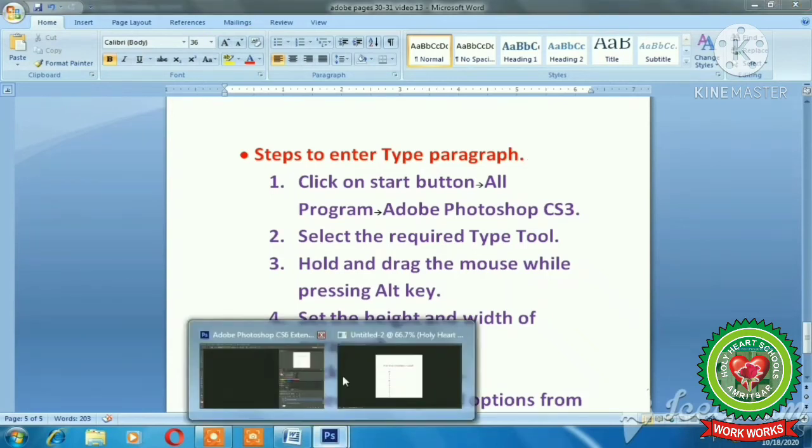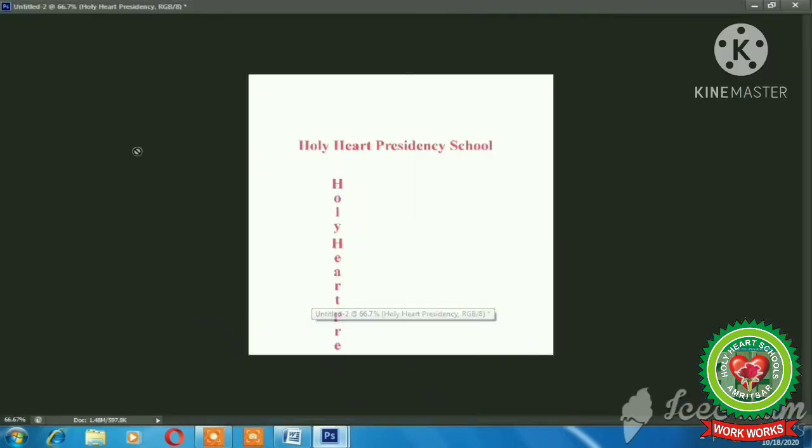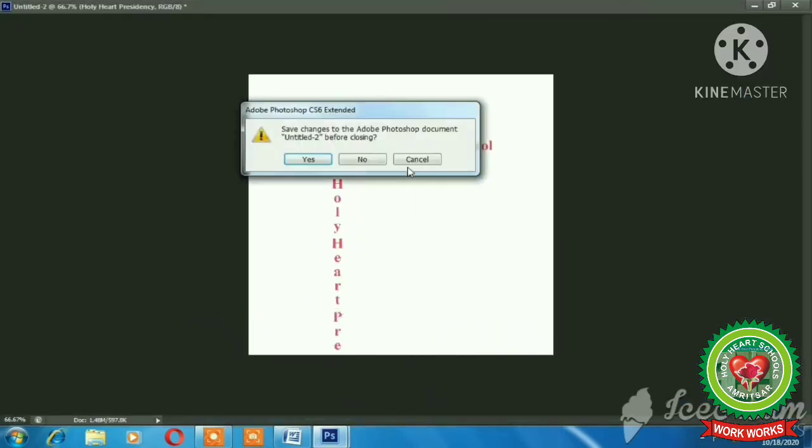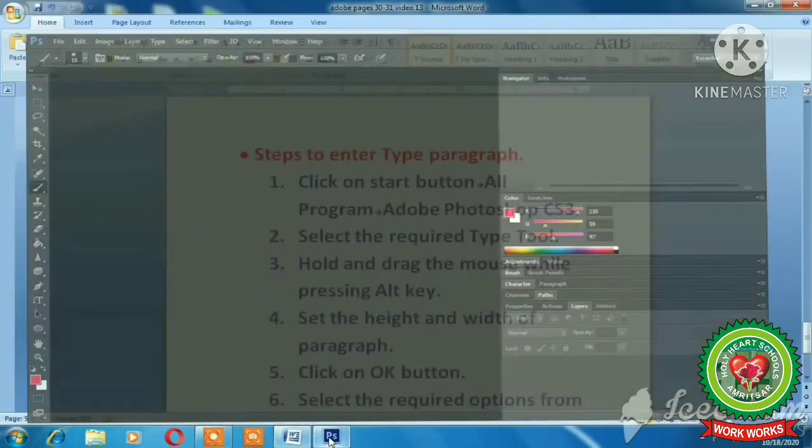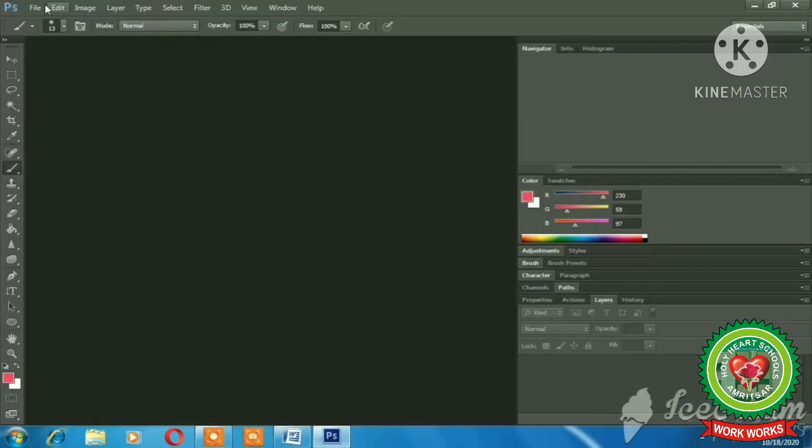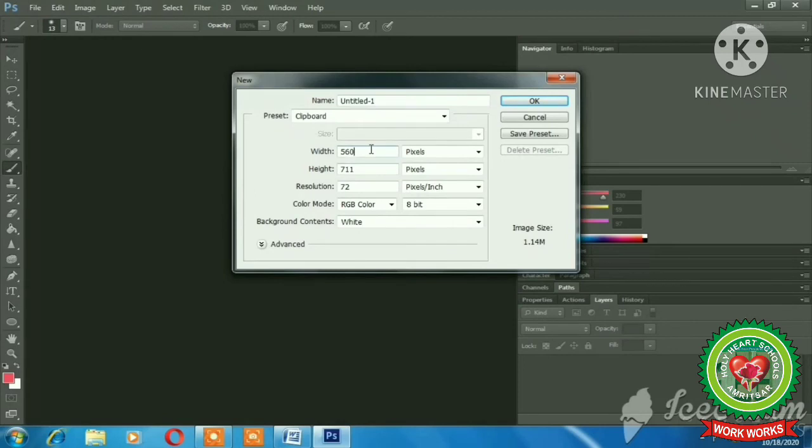I will open Adobe Photoshop. We will take this one. I'll click on File, New. We can adjust the height and width of my working area as per our requirement.